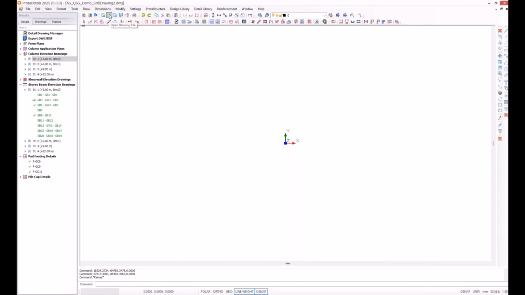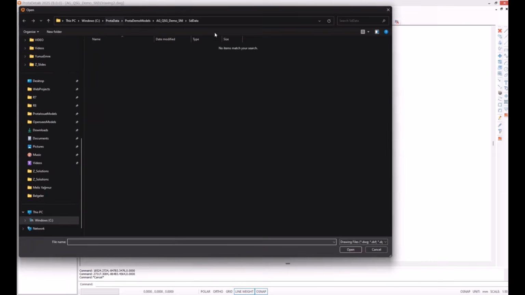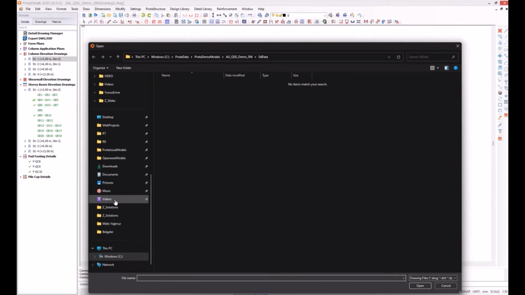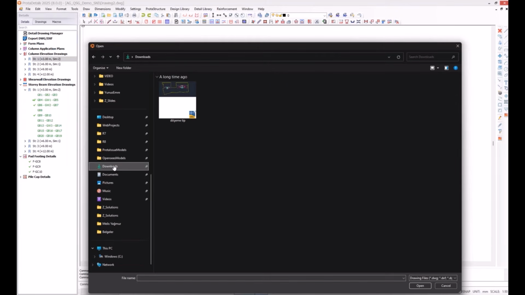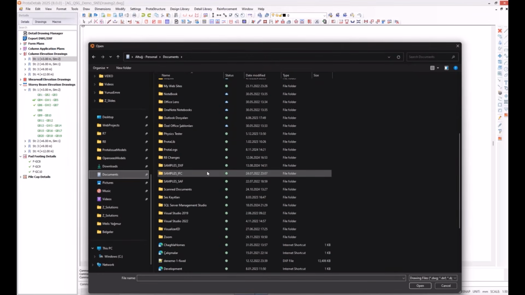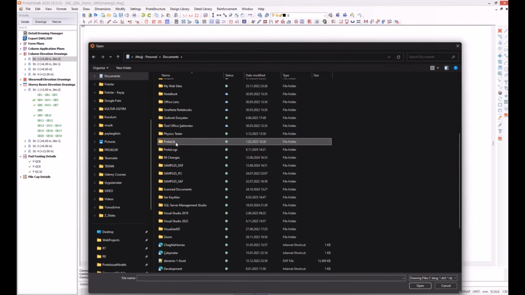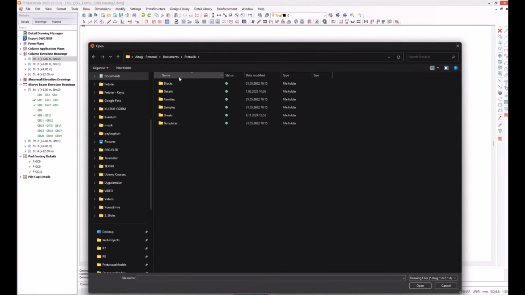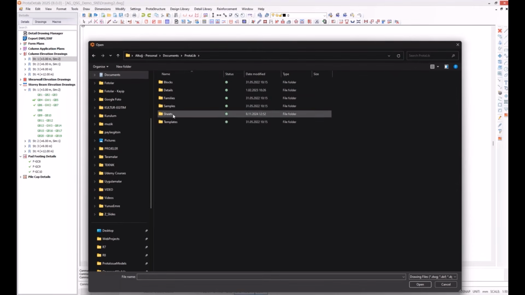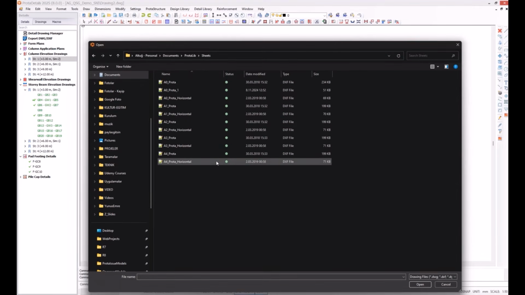Okay, for this purpose, I'm going to open a drawing file, which is here. I'm going to go to the Protolib under Documents. You have the same folder when you have installed ProtoStructure. You get the same folder structure here under your Documents, Protolib, and this is where we keep, under Sheets, all our sheet information in the DXF format.